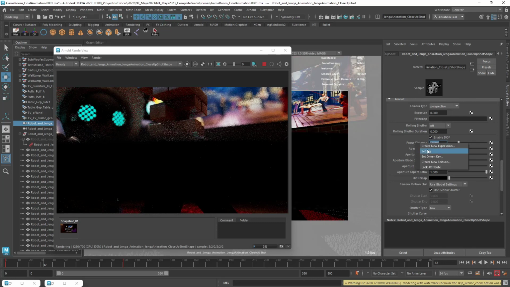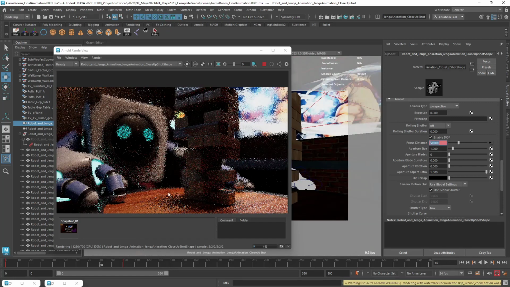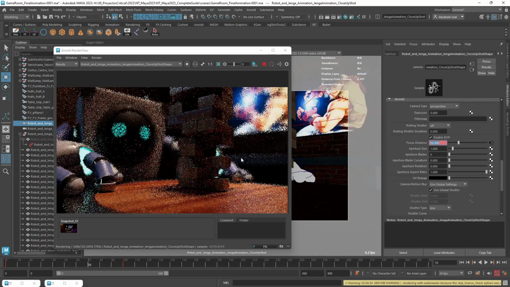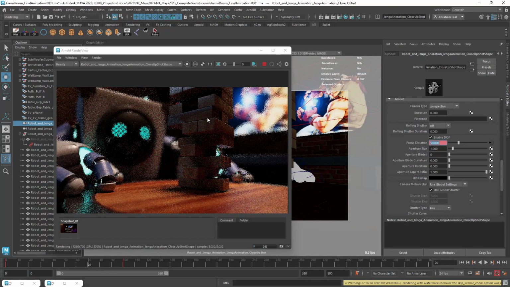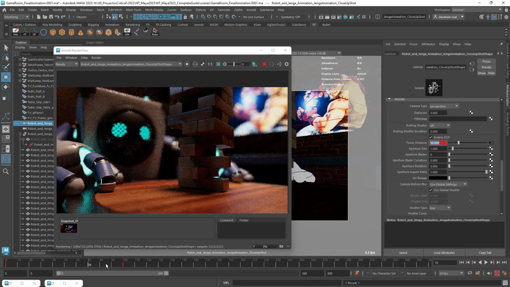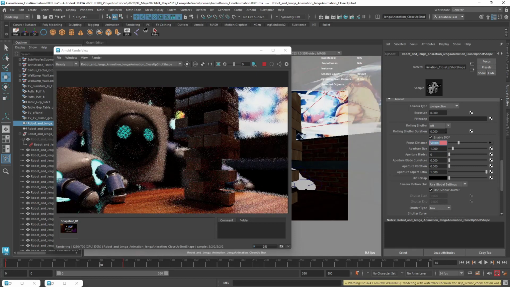And what I can do is right click and set a keyframe so that this depth of field remains like that for a long time. Let's go all the way to frame 80 so that we keep focusing, or maybe frame 70, so that we can keep focusing the Jenga tower. As you can see, this is in focus. I'm going to right click, set a keyframe,